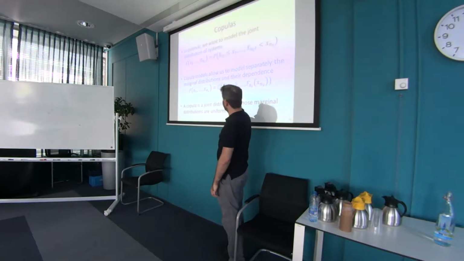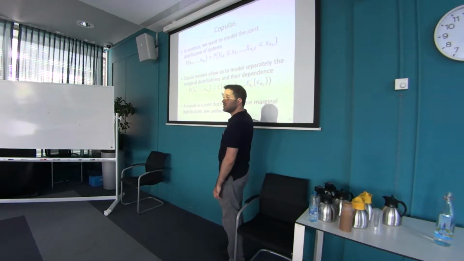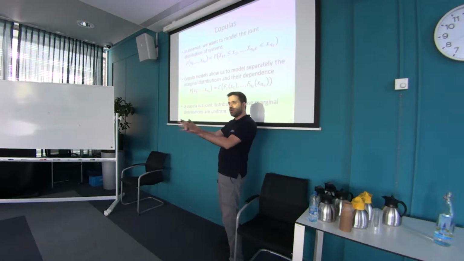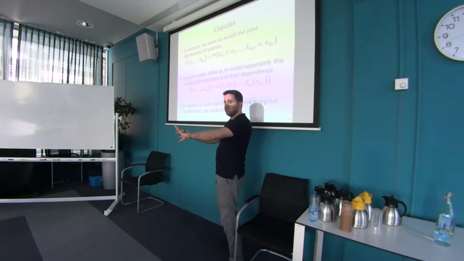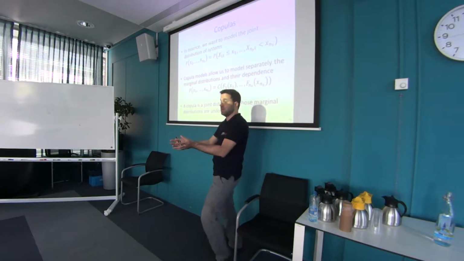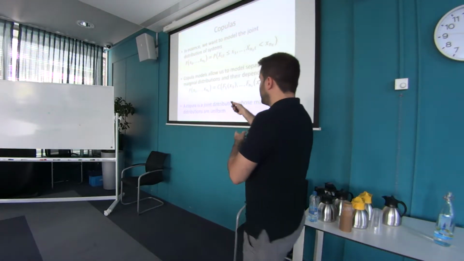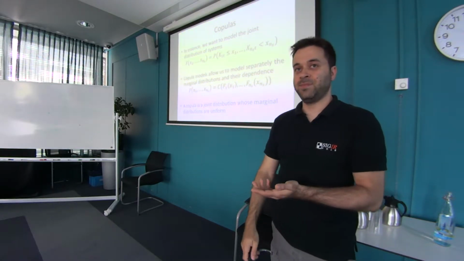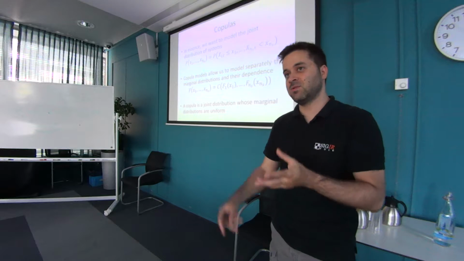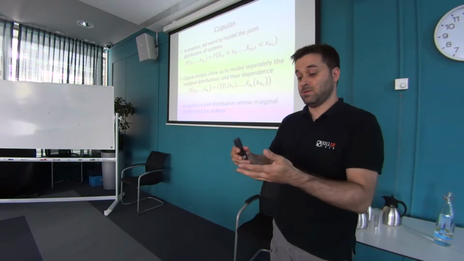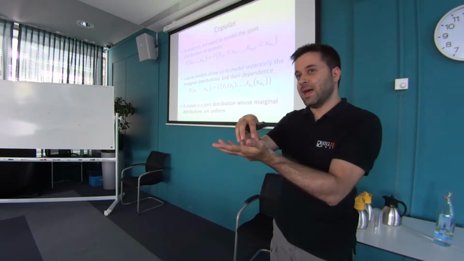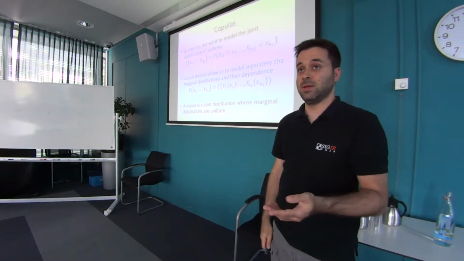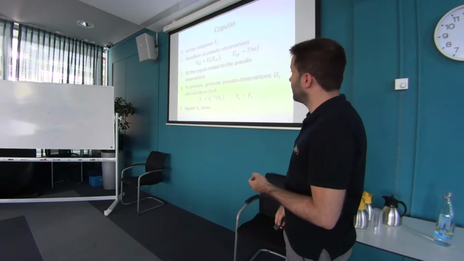It depends just on the distribution of each of the particular systems, plus a copula that models the dependency. Right? So we are going to separate those two things, each system individually, and then all of them together, the dependencies. And so a copula, if you want to say it, is a joint distribution whose marginals are uniform random variables. I like to see it this way. We are not modeling the actual scores, we are modeling the quantiles of the scores, and you're going to see why that's a good idea.